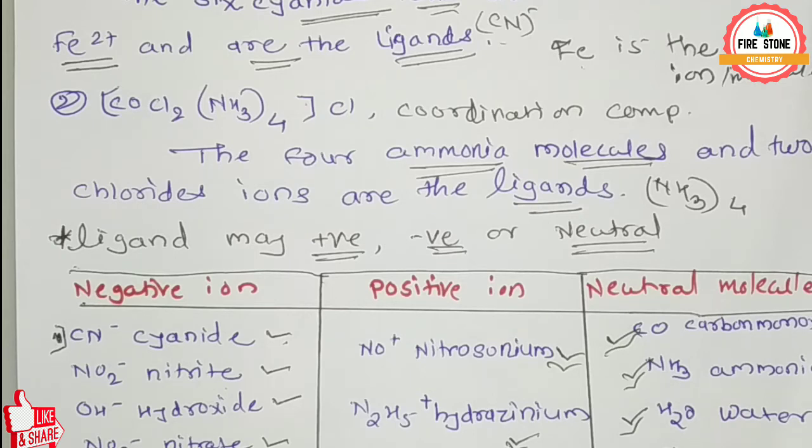Coordination compound is the most important topic for 12th science, BSc, MSc, GATE exam, NET exam, and MSc entrance exam. So go to our channel and see there. I have already uploaded 4 videos on the coordination compound, and also organic reactions, physical chemistry, chemical kinetics and chemical equilibrium topics.